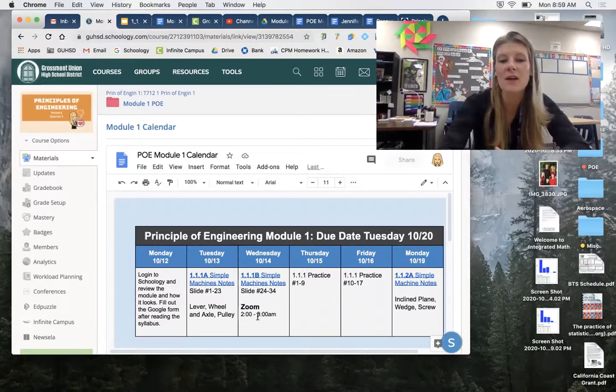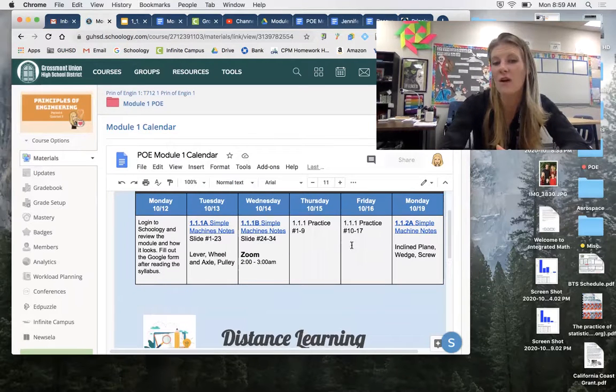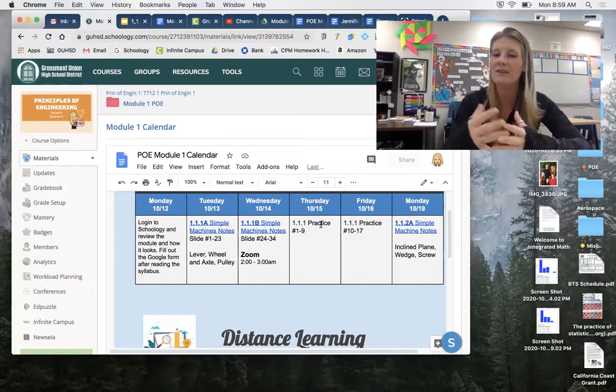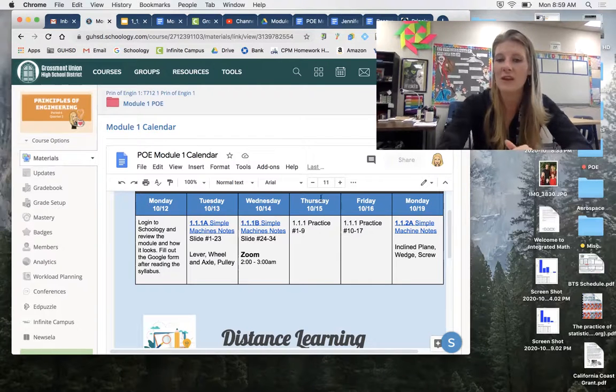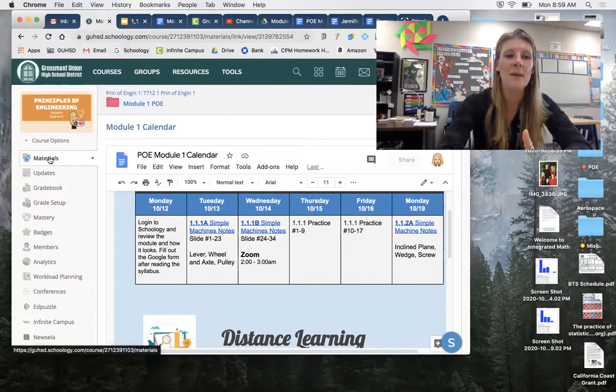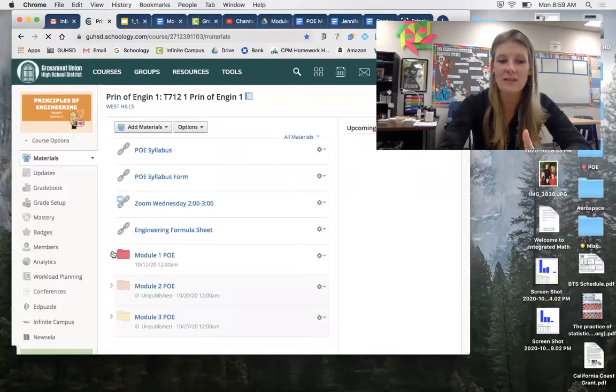And then here, this shows you a snapshot of what is expected for the week. So you'll notice that Tuesday you have a lesson, Wednesday you have a lesson, Thursday and Friday are both practice days where you're gonna be practicing on the assignment sheet, and then that following Monday you have another lesson. Okay, so I'm gonna back out of here one more time so you can see the last thing in here